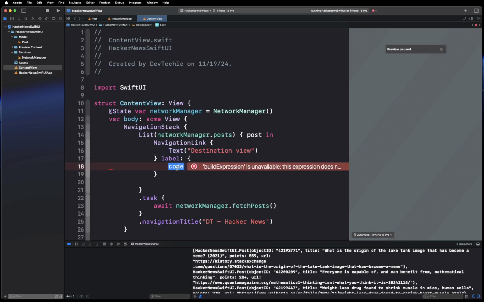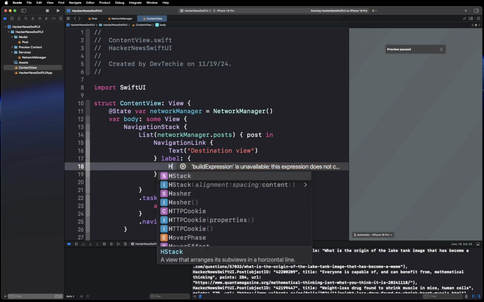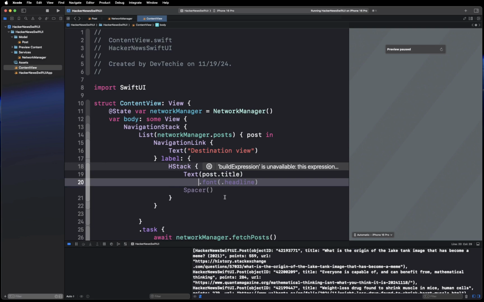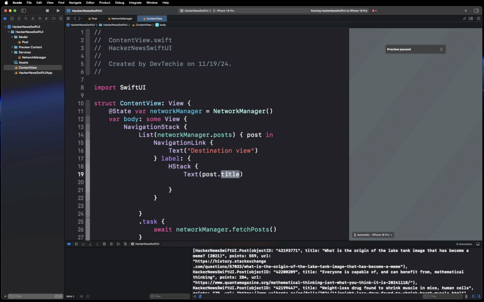And the label is where we're going to create what we want to show on the UI. So we're going to create an HStack, and inside this HStack, we're going to create a text view with post dot title. Okay, and then let's set the font here, and we're gonna set the font as